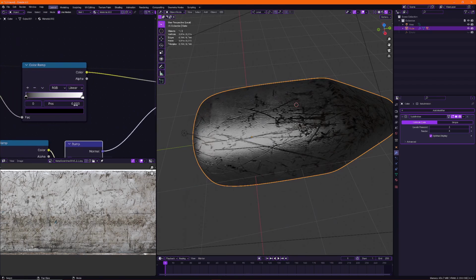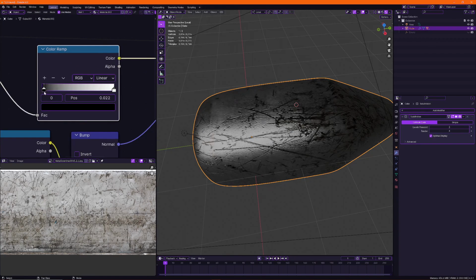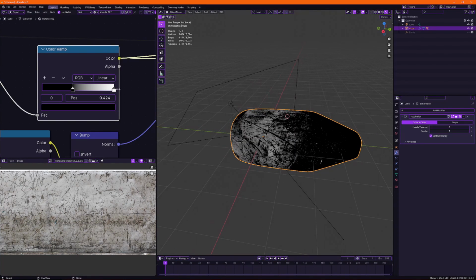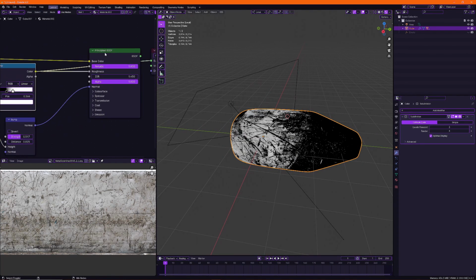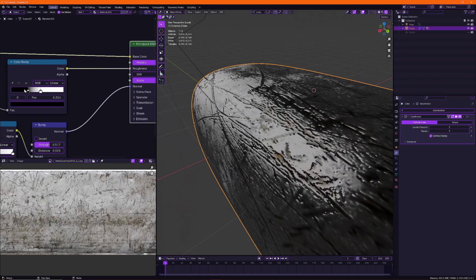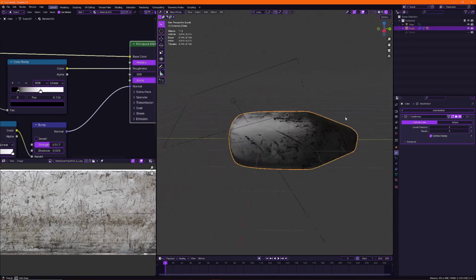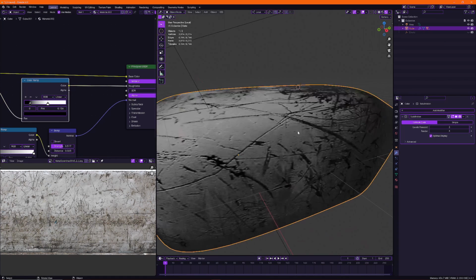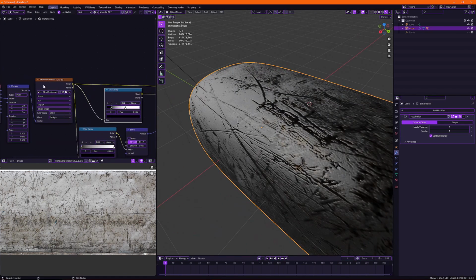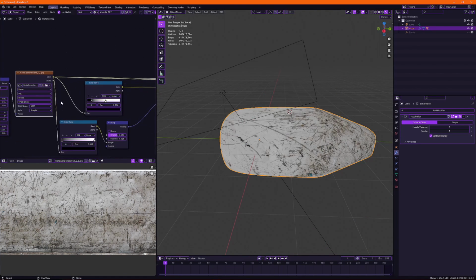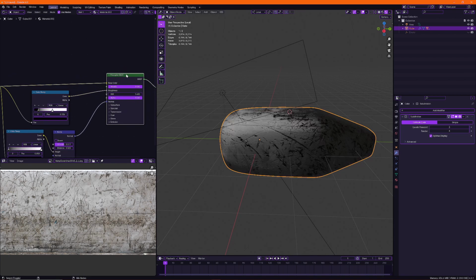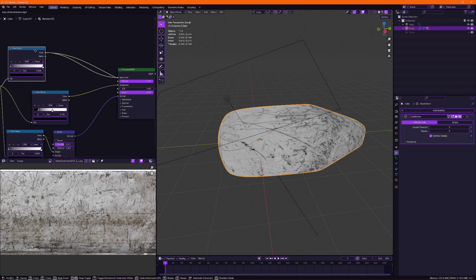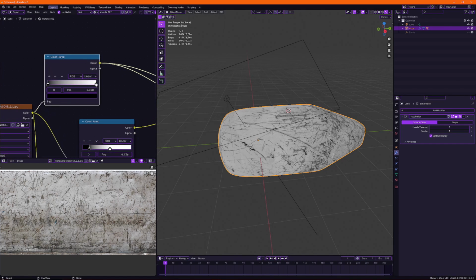And then the roughness, we can tweak this. So if I look at this, everything that's black is going to be very glossy. Everything that's white is going to be very opaque. So, let's see. And honestly, unless you want to use this texture, you can just plug it directly in the base color. But I want to use my own colors, so I'm just going to plug in a color ramp and change the colors to like